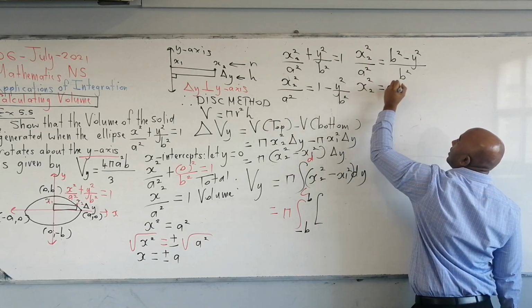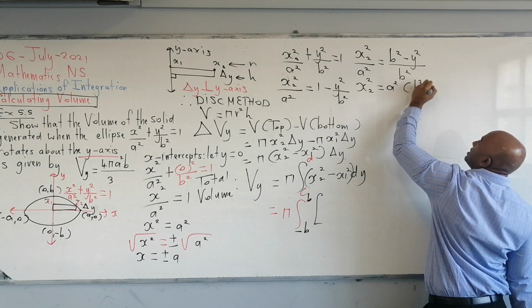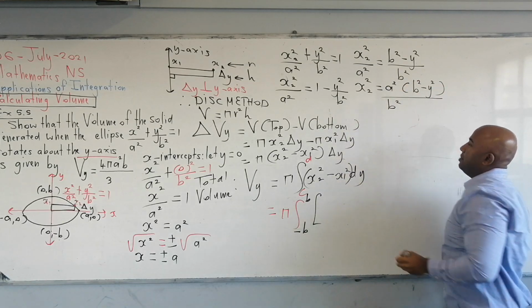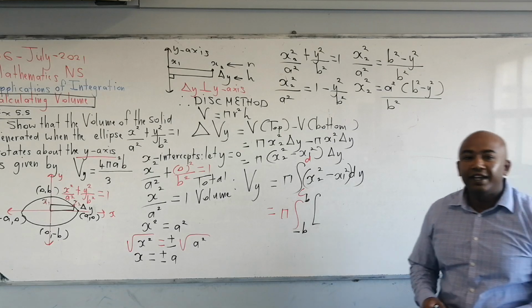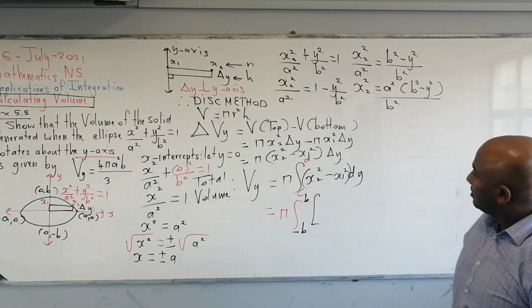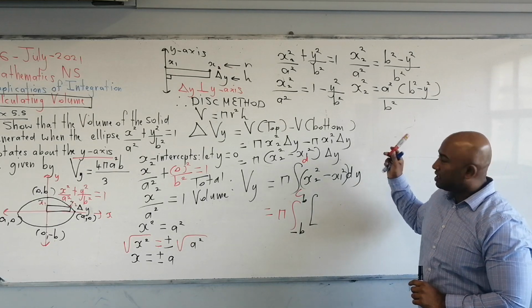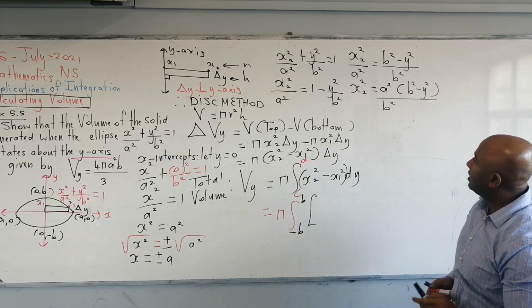So I got a squared multiplied by b squared minus y squared, all divided by b squared. Find the LCD. Very important, especially when it comes to the integration. But always find your LCD. Now,